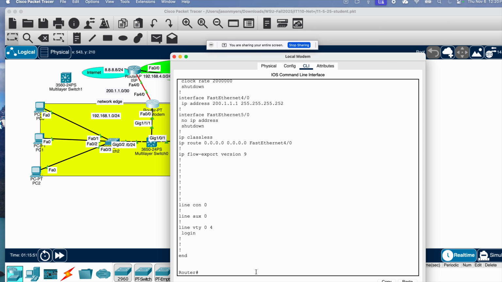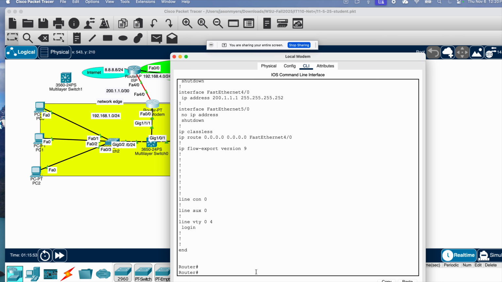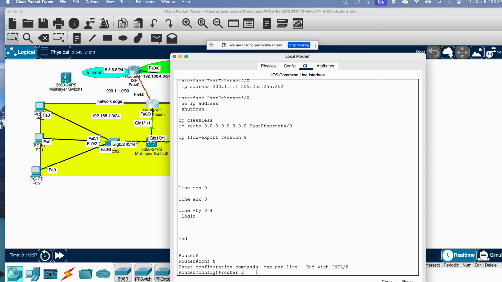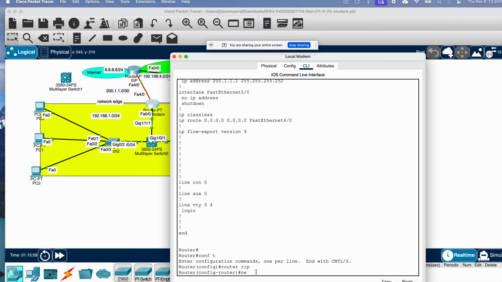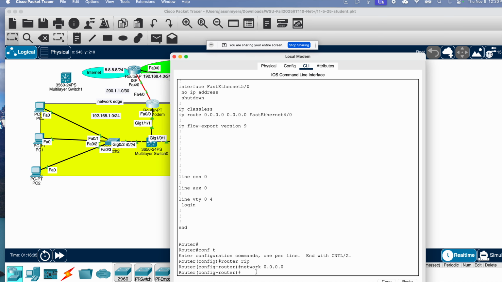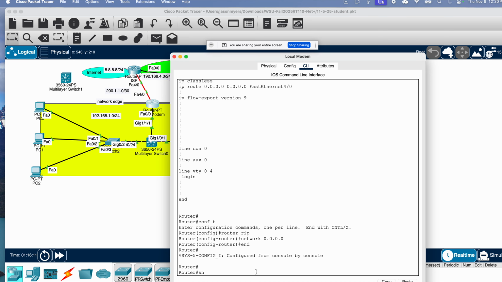And right now there are none. So let's do configuration terminal, router RIP. And then let's go ahead and we're going to do the entirety of all of our networks, because there's 3 networks and I'm too lazy. So if we did show IP route,